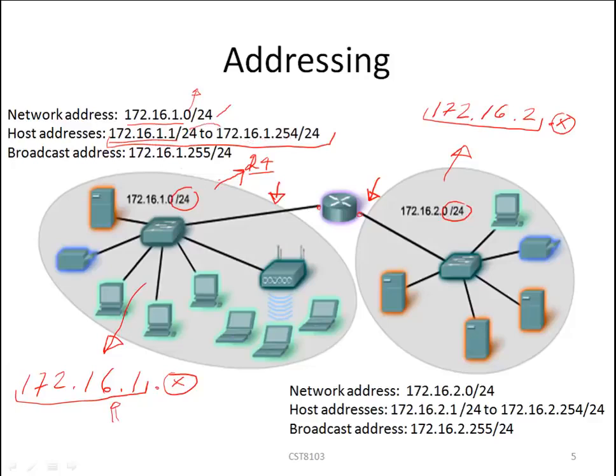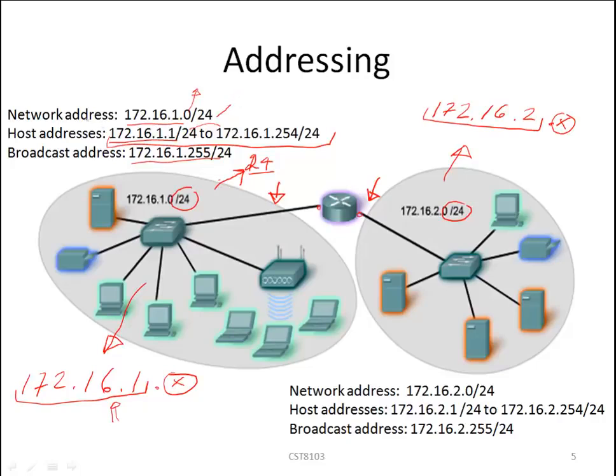And any address in between is a valid address that we can assign to hosts on that network: devices, computers, laptops, printers, etc. And then finally, the last address in that network is the broadcast address, and it is 172.16.1.255. Alright, so on the next slide we will look at the formula or the method that enables us to